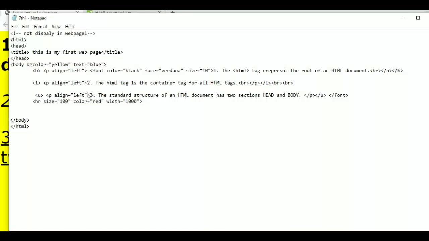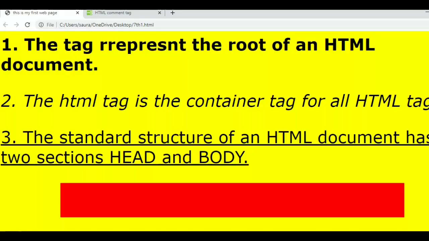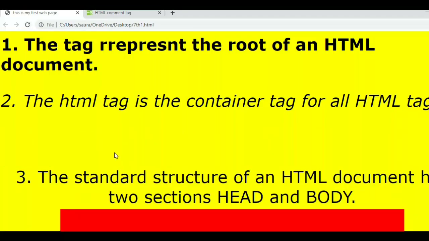From here we also remove the paragraph tag, because the P tag is also used to align the line. So here font is closed, but we make it center using the center tag. Let's see after using the center tag, start here and then close here, then save it and watch the output. So let's refresh it. The line is in center.